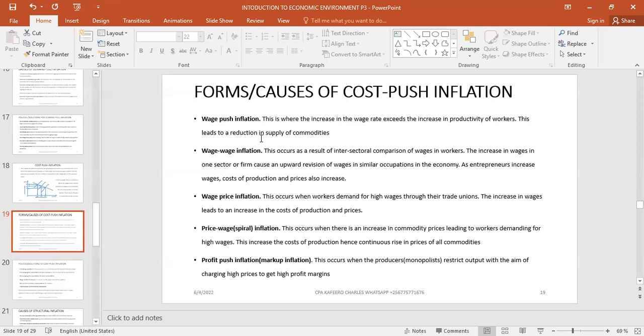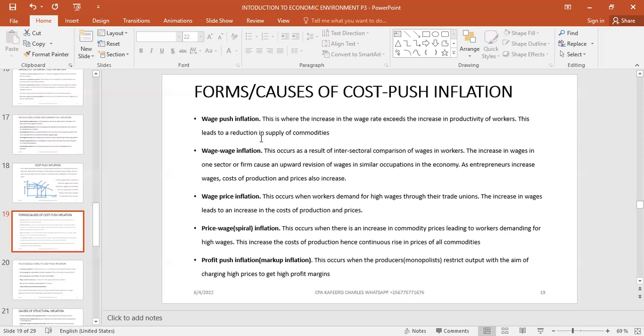Then second last, we can talk about price to wage, that is spiral inflation. This price to wage occurs when there is an increase in the price of the commodities, leading workers to demand higher pay or higher wages or salaries. Here we are saying that when the prices increase